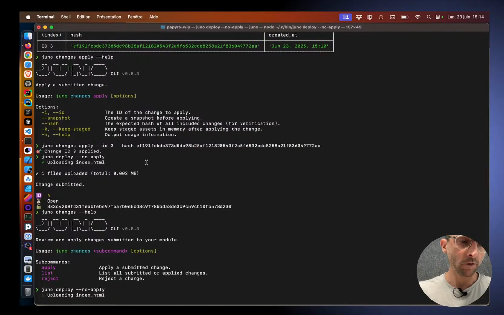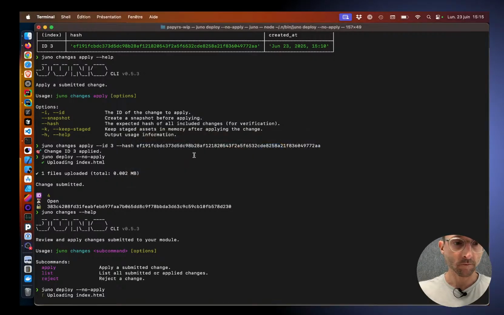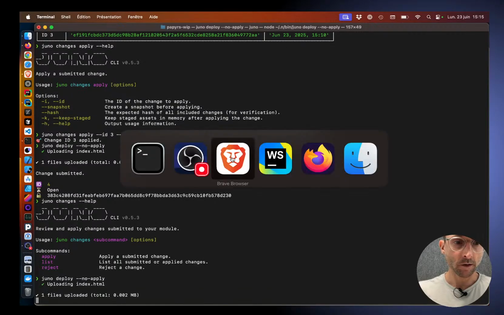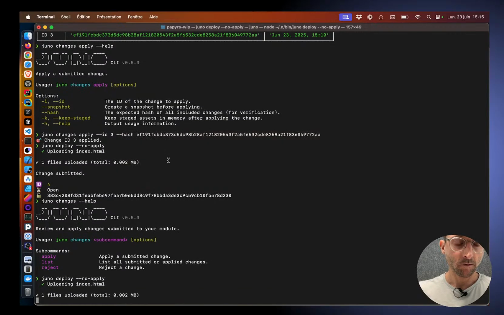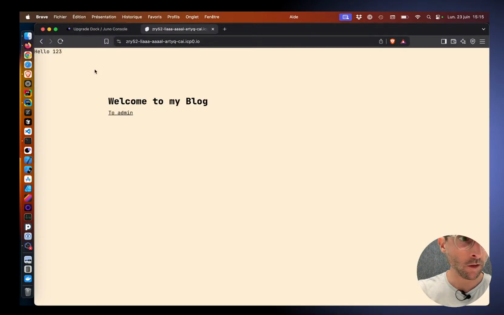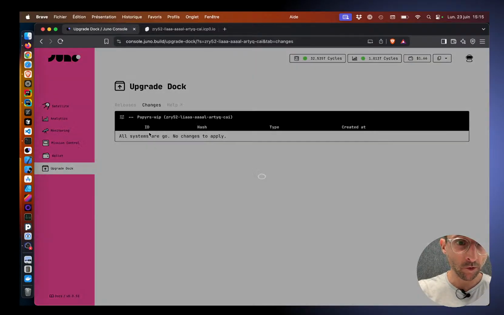Right, so once it's applied, 5.9e. So if we go here, I can close this one, and here I have a reload button and I see 5.9e, and here I can apply. I can also